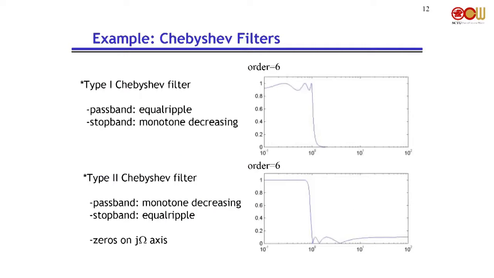And then there's a Chebyshev filter. For Chebyshev, there are 2 types of Chebyshev. Type 1 Chebyshev and type 2 Chebyshev. Type 1 Chebyshev has the ripples in the passband, and after the passband it is monotone decreasing. And then there's also type 2 Chebyshev. It has all the ripples in the stopband and is monotone decreasing in the passband. Another one,